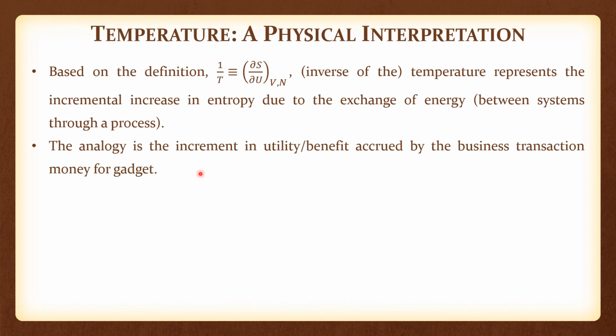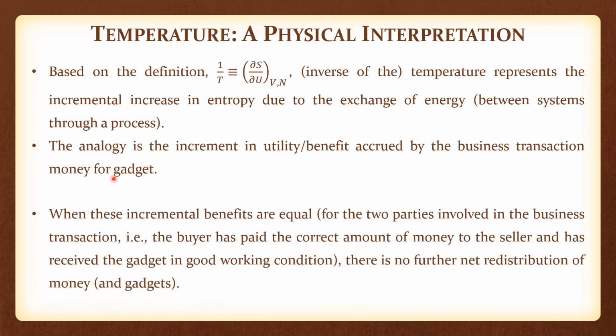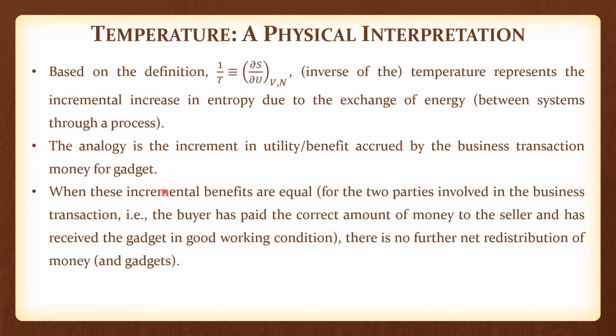So this analogy is the increment in utility or benefit accrued by the business transaction, money for gadget. When these incremental benefits are equal for the two parties involved in the business transaction, the buyer has paid the correct amount of money to the seller, and has received the gadget in good working condition. Similarly, the seller has received the correct amount of money for the gadget and sold the gadget in good working condition, right? So when the benefits for both parties are equal, there is no further net redistribution of money or gadgets,